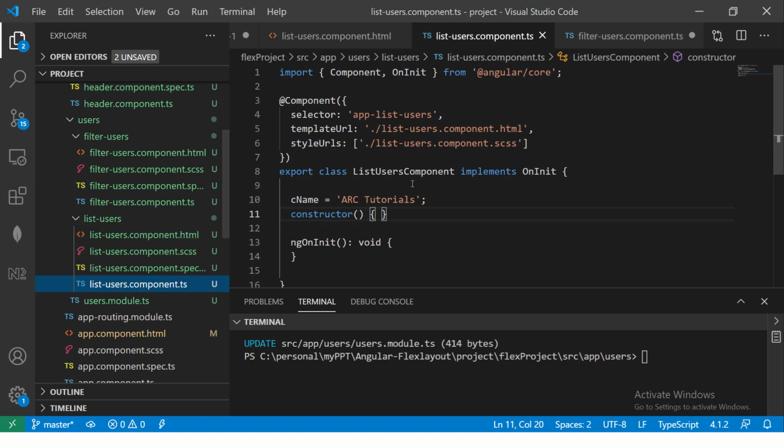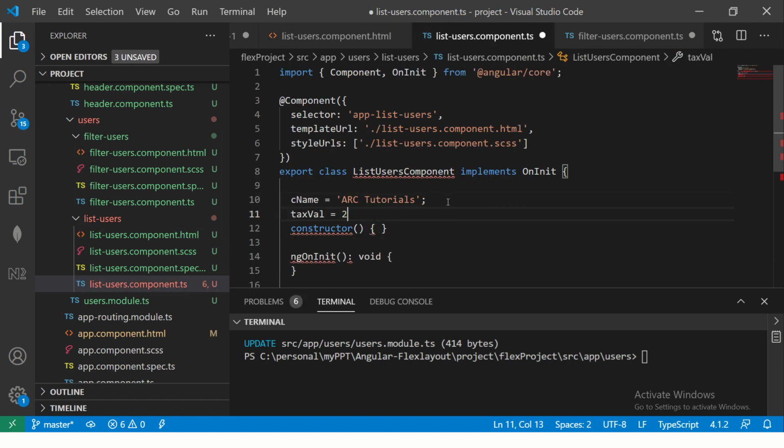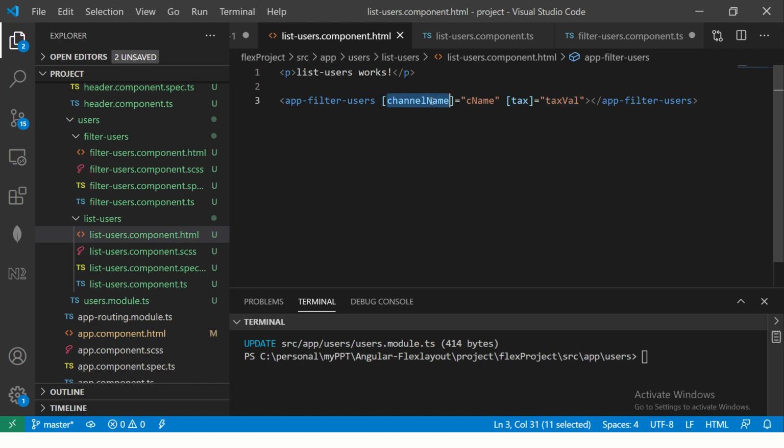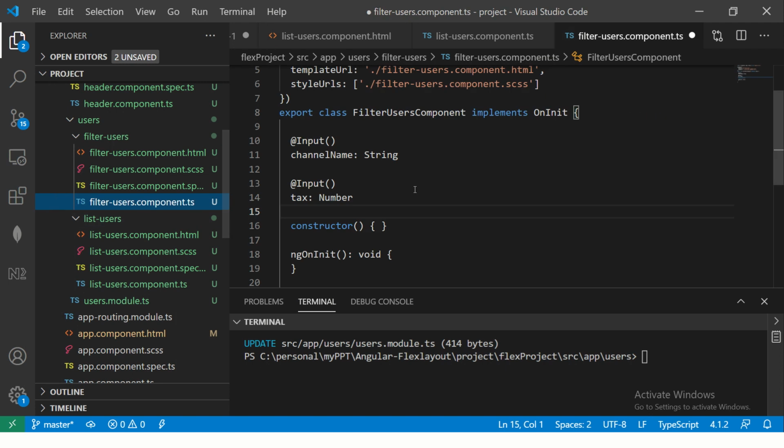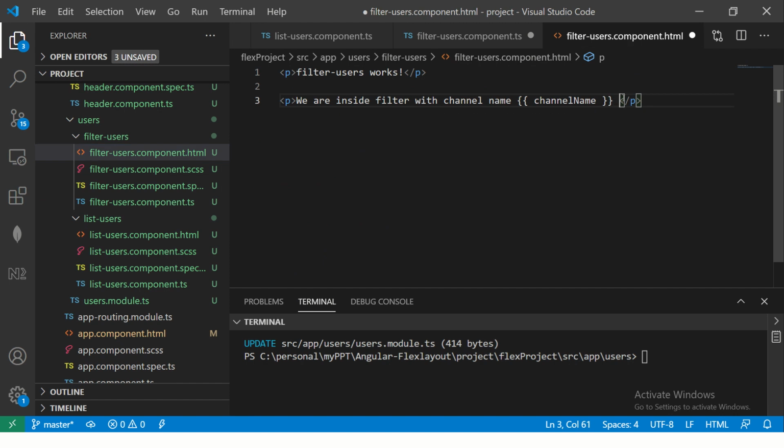Now define some value here equal to 200. So now I'm passing two inputs to this particular component. One is channel name, one is tax. In the filter, I'm expecting channel name and tax. And the same way, let's bind it with tax